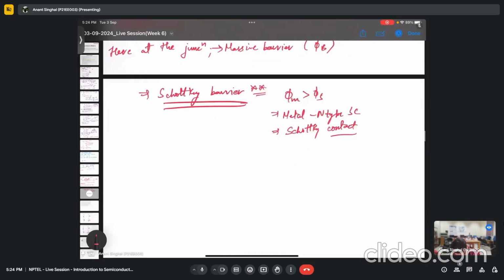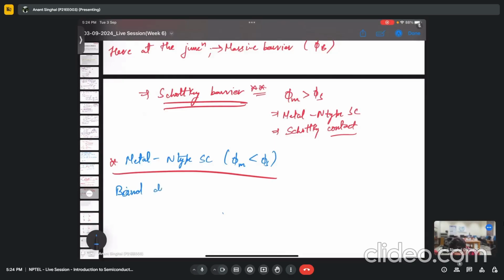So now what you all can try is, you can take the case that will make it more clear. You can take again a metal n-type semiconductor, but this time take phi m less than phi s and try to make a band diagram out of it. The contact band diagram. Once you make it, you will see that the electrons will not be experiencing any barrier, and it will be an ohmic contact. So do you want to give it a try, or shall I make the